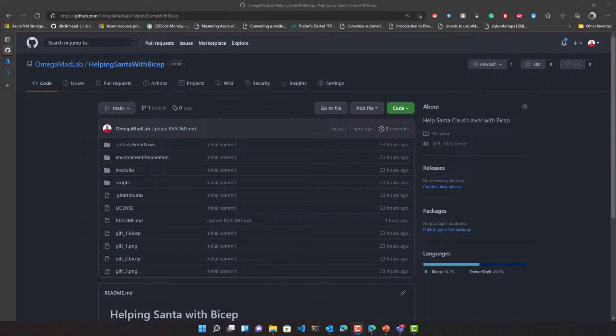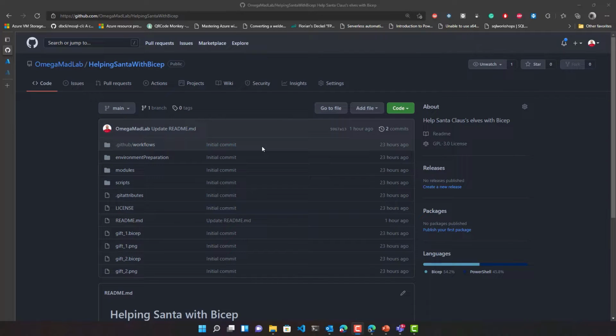Now, for the sake of simplicity, in terms of sharing this repository with you, I prefer to collapse both the modules and the GitHub action that covers them, and the gift Bicep files for Lucy and John, inside the same GitHub repo. So let's do a quick inventory of this repository. If you want to try this at home, you know where to put your hands.